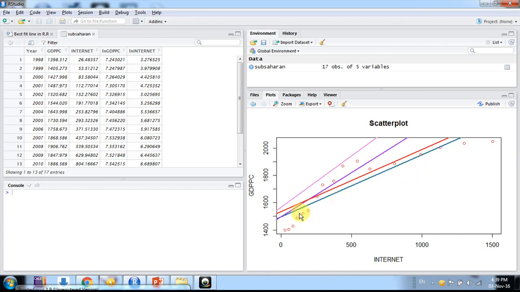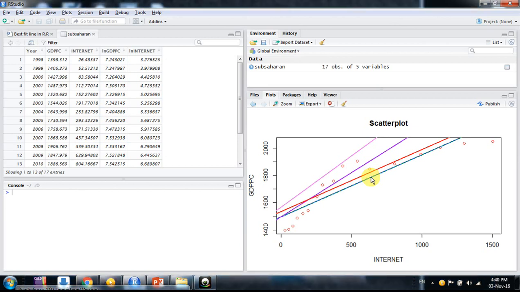Suppose there is one line for a country, India, another line is for Pakistan. So you want to compare pictorially what is the difference between their slopes and the intercepts when you compare the regression lines. This kind of analysis is very useful while comparing two or more categories or groups.